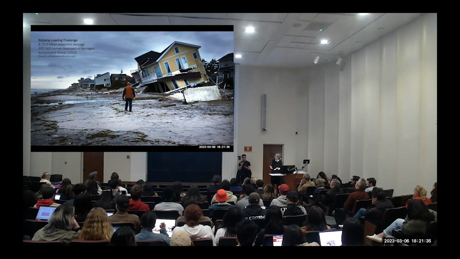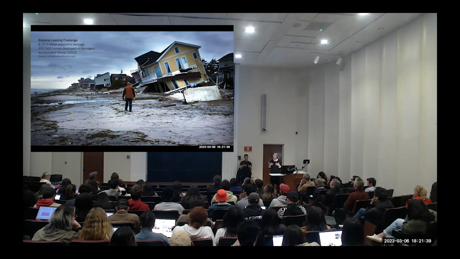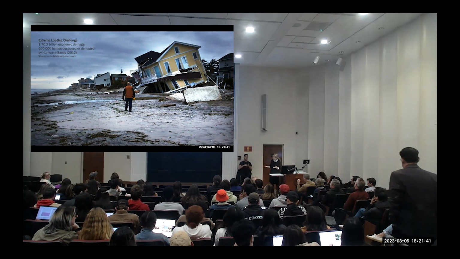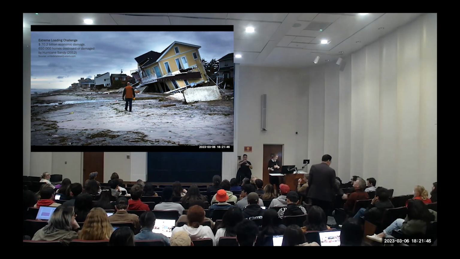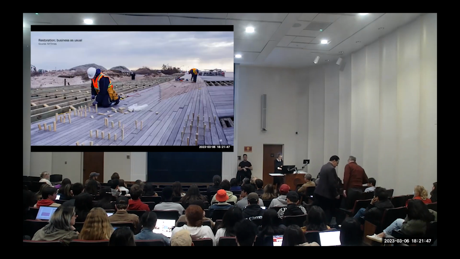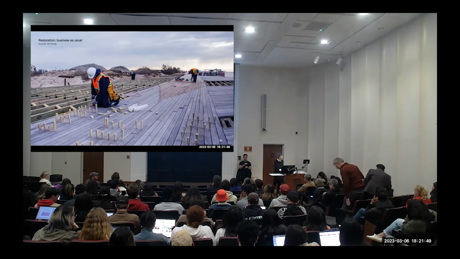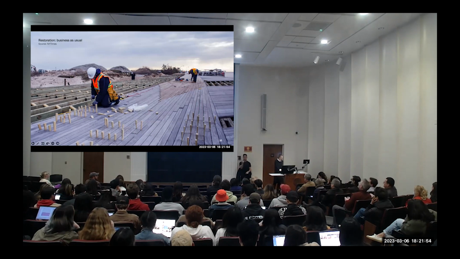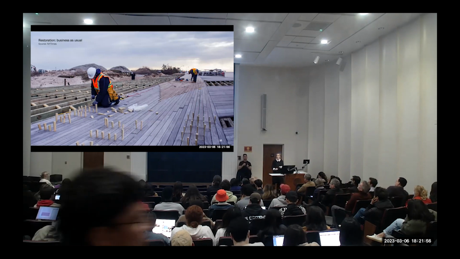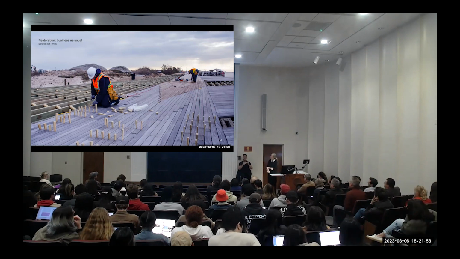And so we have to design for heavier loads, whether these loads are induced due to climate change, like here, these are hurricanes, or whether these are due to man-made loads. But what happened in New Jersey after the hurricane hit, most of the communities rebuilt their boardwalks very quickly after the storm, just like they were before.